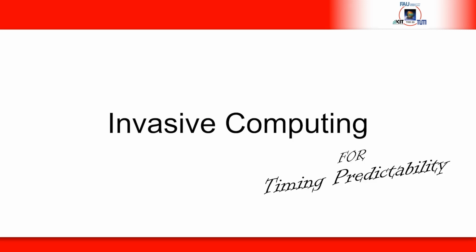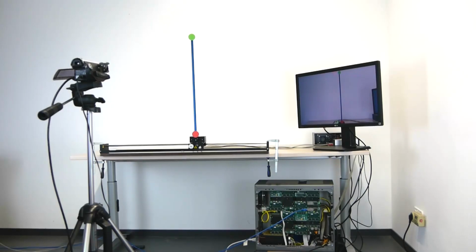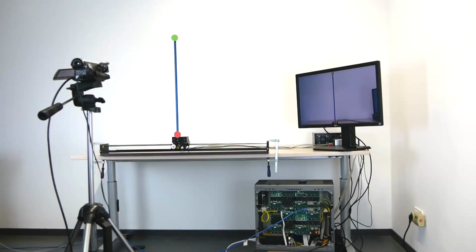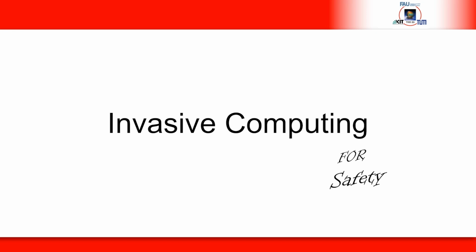The hard real-time criticality of this application program is obvious. If just a single frame, that is, a bound of 20 milliseconds on overall processing time, is missed by processing the main control loop too slowly, the pendulum is not controllable anymore. The same effect results if we interrupt a single resource for more than this tiny time interval. In the following, we show the opportunities of invasive computing to also ensure safety properties of parallel programs.